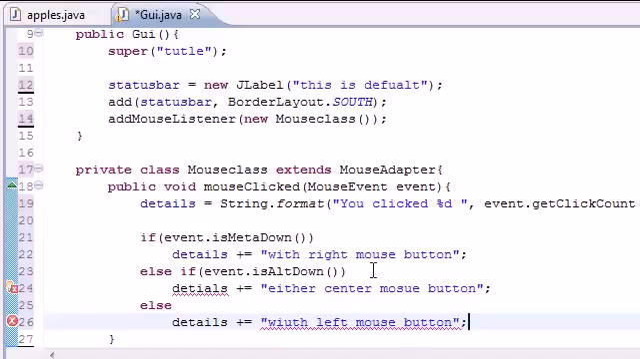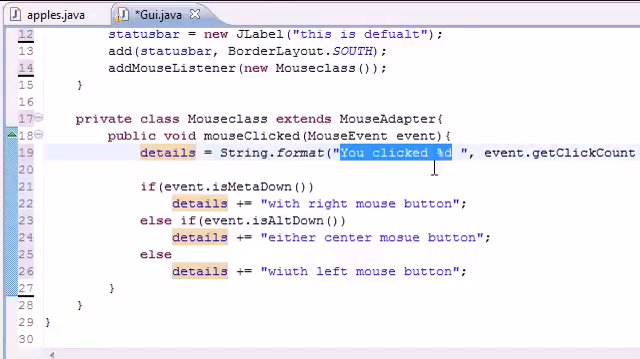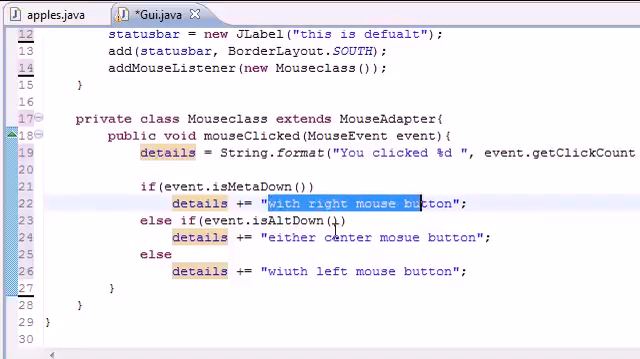So that's how you distinguish between the right, the center, and the left mouse button for different types of mice. And I spelled details wrong, and now I spelled it right. So that's all we have to do. So now we have a variable called details, and it's a string. It starts with "you clicked" and it says a number and says "with the right mouse button"